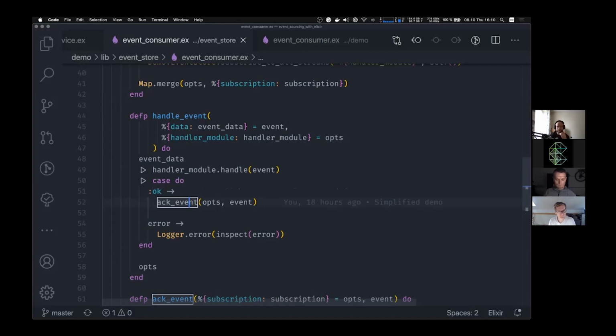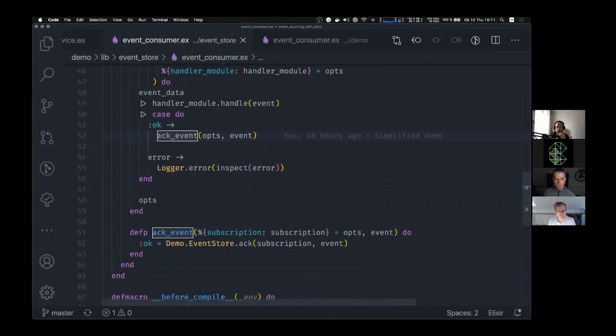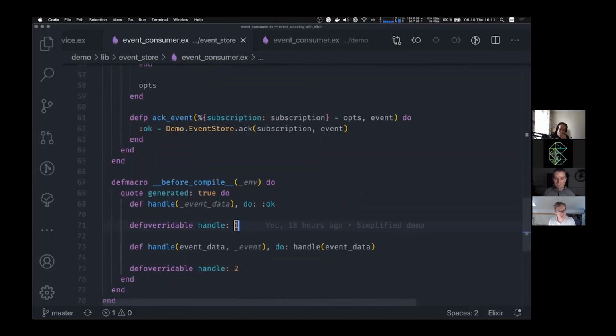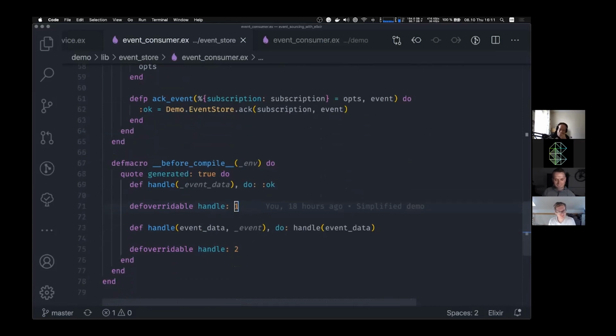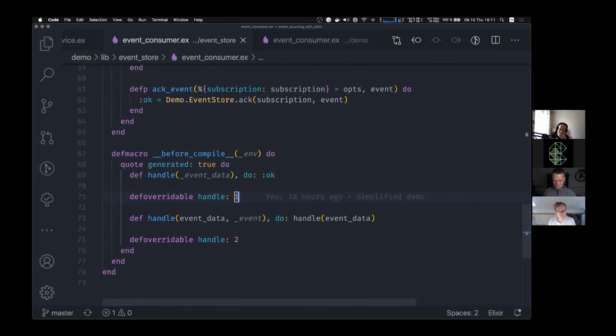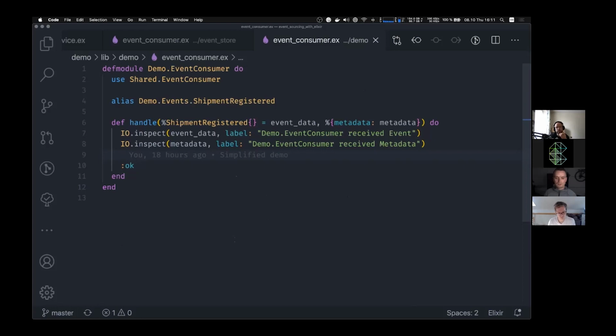Okay, this is a bit of macro magic that I stole from my colleagues, the awesome Andreas and magnificent Ede. So this is just, you define a default handle function, which you can also override by any implementing module. Like in the case of the event consumer, I used this abstraction and then overrode the handle function with arity 2, and I only match against the shipment registered event. So any other events I will just acknowledge, but basically I will ignore these other events